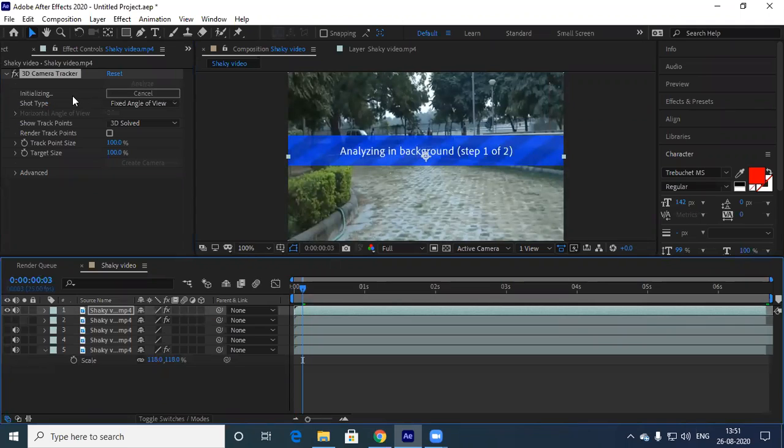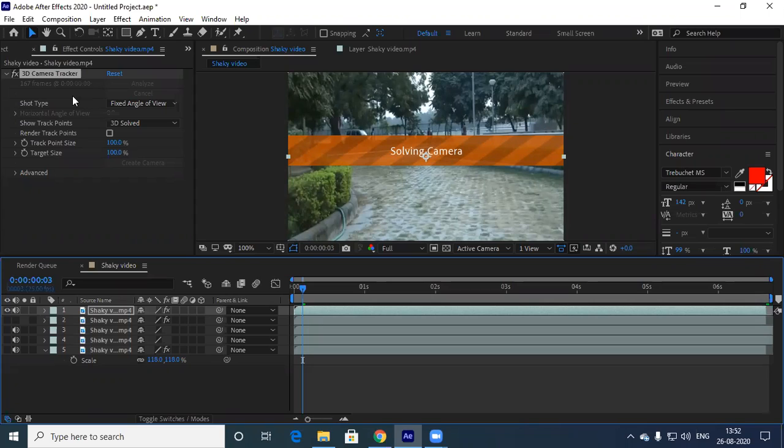It's initializing. Okay, it is solving the camera now.